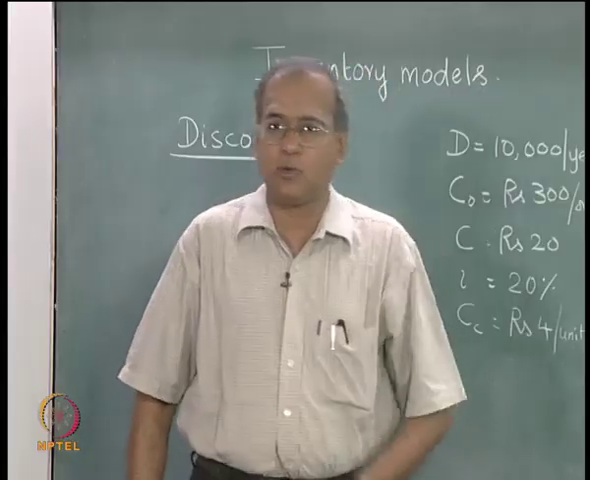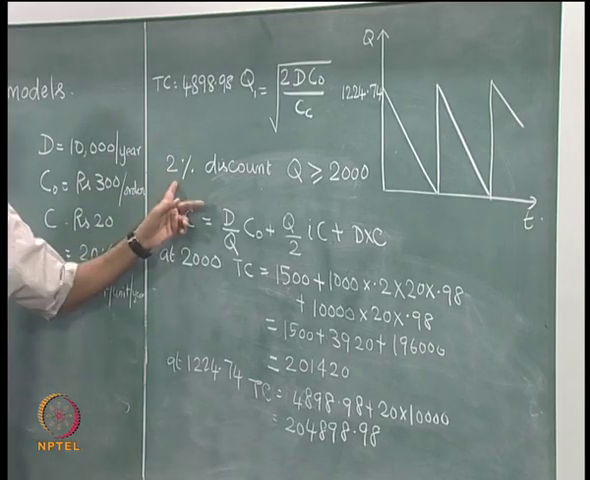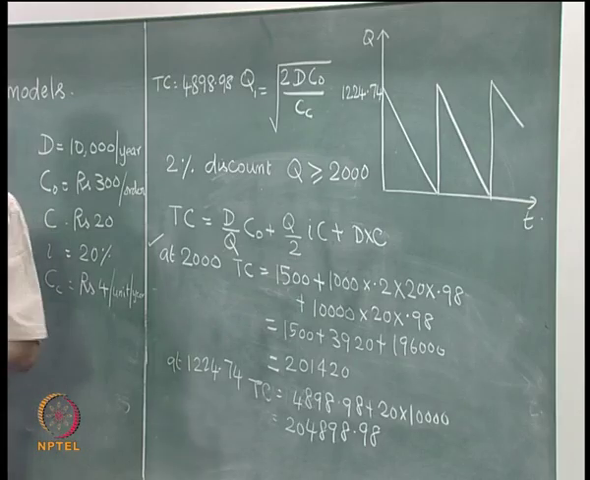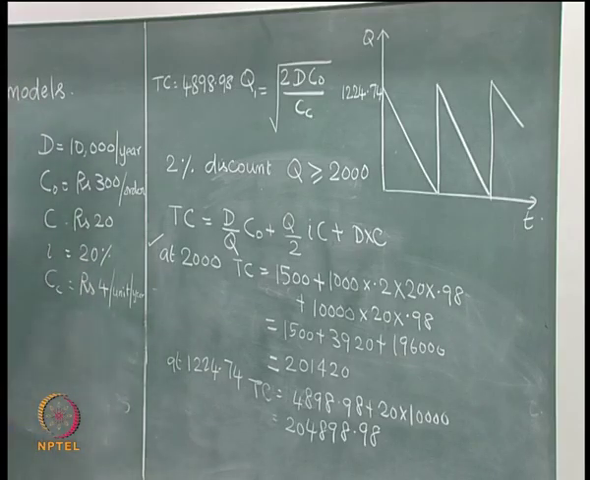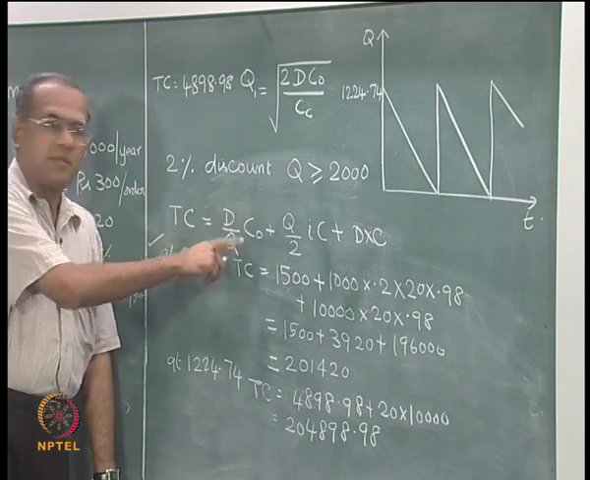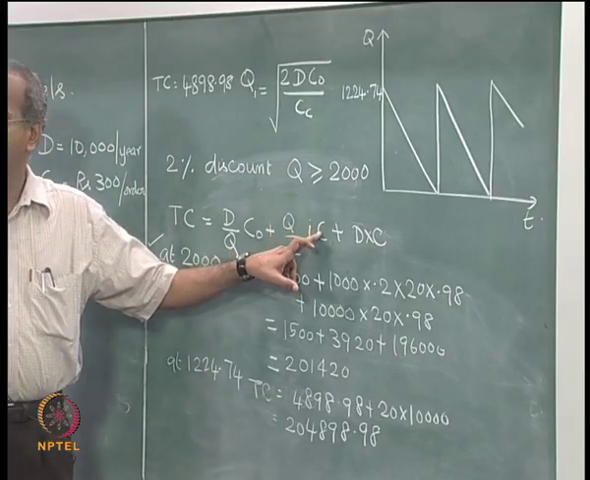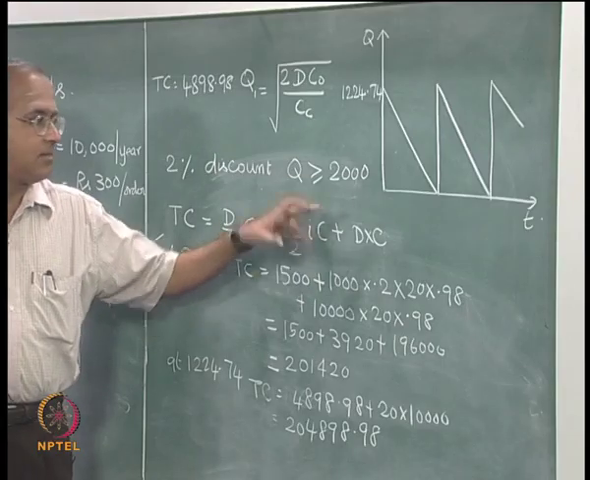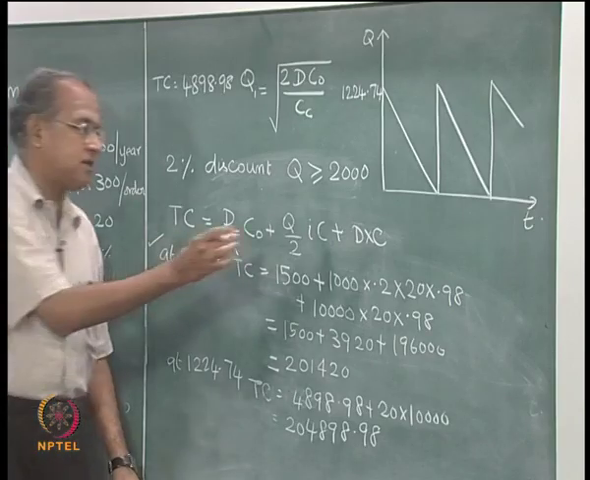Now, we have to answer another question, whether we will accept it at a quantity greater than 2000. For example, even at 3000 we will get that 2% discount. So, is it advantageous to avail it at a quantity of 3000? In order to do that, we should go back and do 10,000 by 3000 into 300 plus 3000 by 2 into 0.2 into 20 into 0.98 plus 10,000 into 20 into 0.98. So, this portion is going to remain the same,